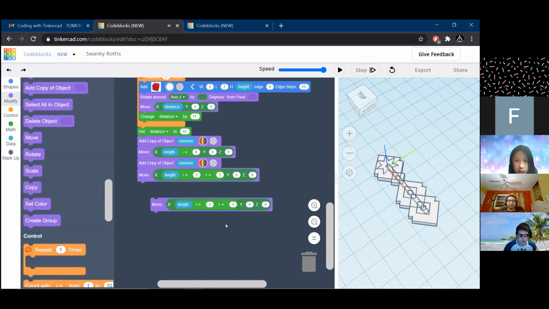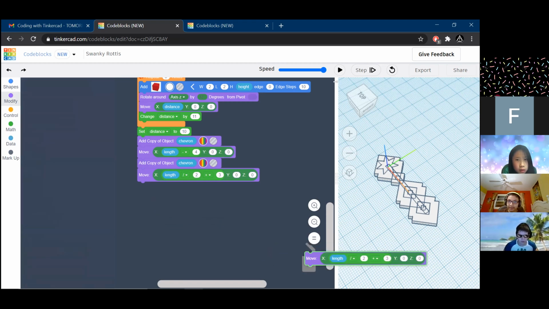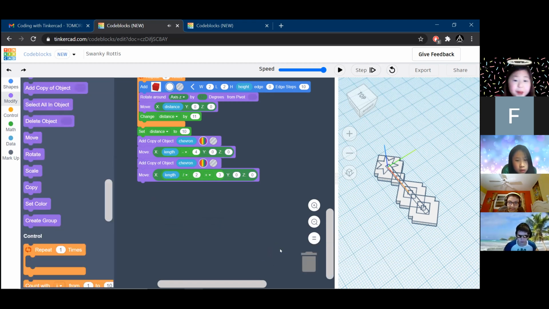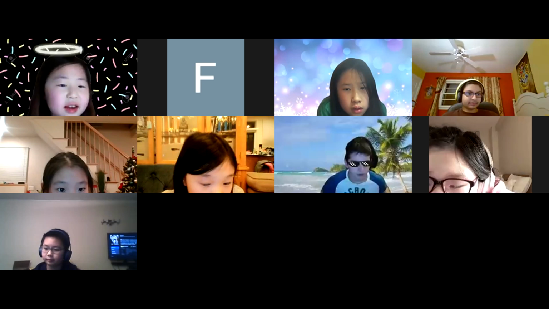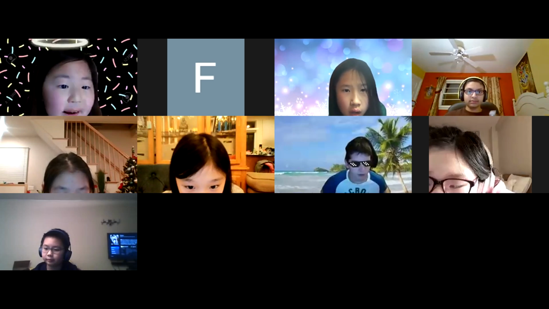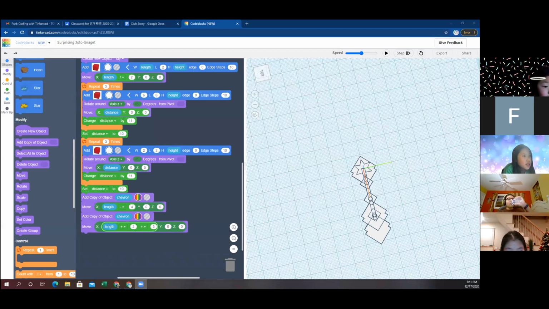Like, it looks kind of different. Yeah, let's see what it looks like. I think I have an idea of what the issue is, but do you want to share? See, shouldn't this piece here be here? Well, I know what you did. You see where it says length +2? Make that divide 2.